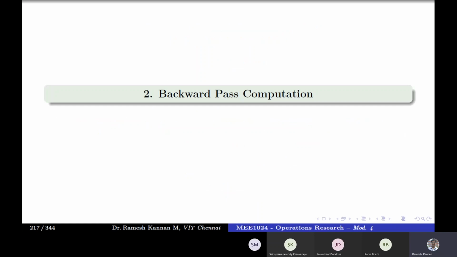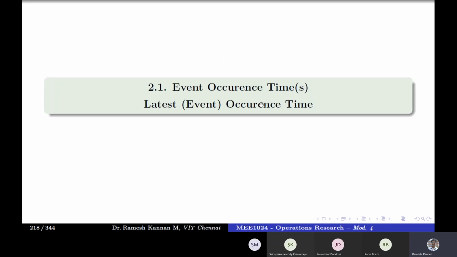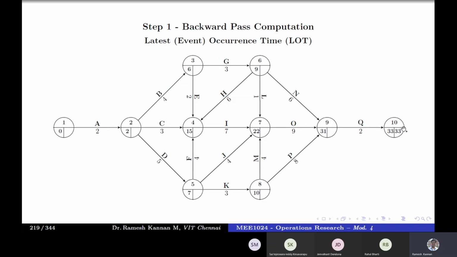In a backward pass, for an event time, we'll be finding the latest event occurrence time, LI or LJ. We generally start from the final event. So whatever you get for EI of the last event, you'll substitute as LI because it's the last event and doesn't delay anything further. That is our objective, so it should not be beyond 33. The project should finish there because CPM is a deterministic method. We assume it finishes on the day the event starts. So 33, and note down that this is the critical path.